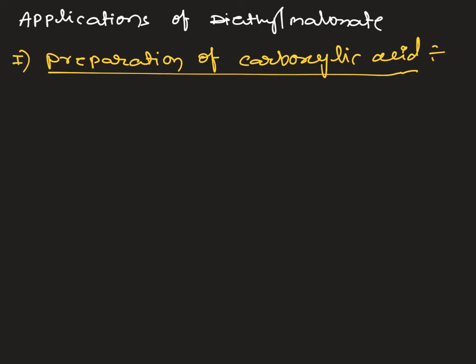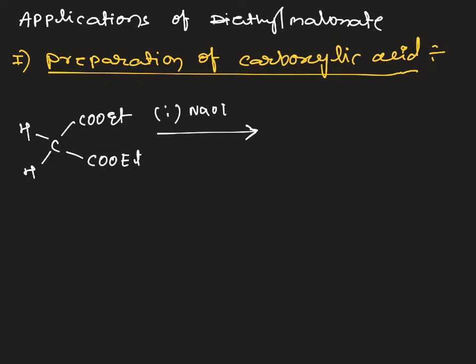In this lecture, I am going to teach the application of diethyl malonate in organic synthesis. The first one is preparation of carboxylic acid. How can we synthesize carboxylic acid from diethyl malonate? If we take diethyl malonate and add one equivalent of sodium ethoxide, it forms a carbanion, and that carbanion